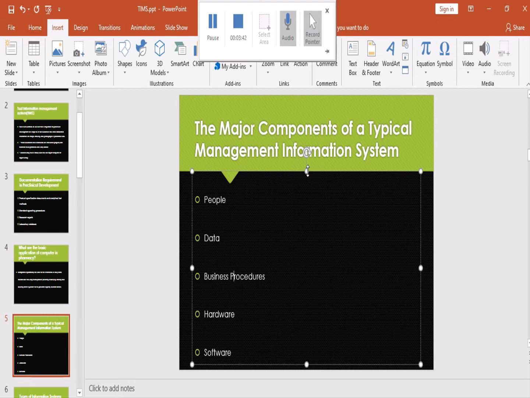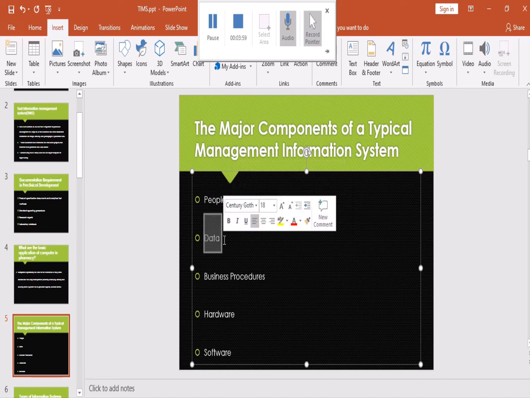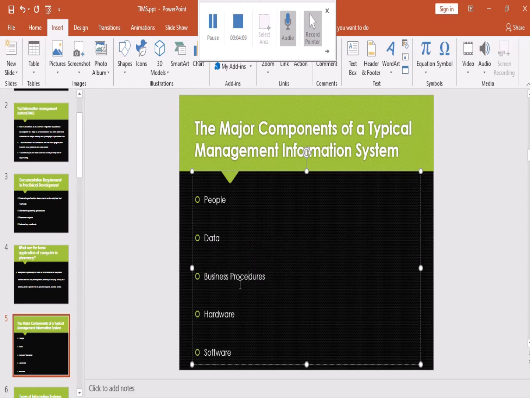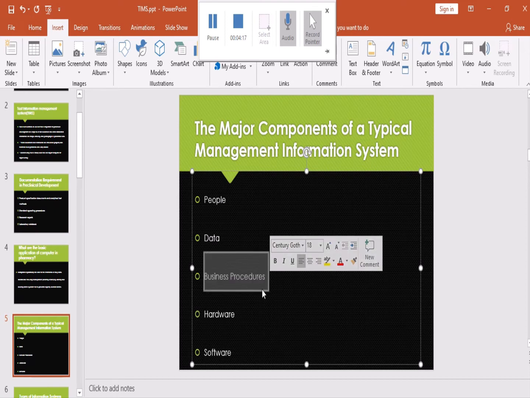The basic example I mentioned for creating, deleting and modifying a record was in MS Access. I hope you remember that. MS Access is software. The people are whoever is entering the data. The data is whatever data you are entering. The business procedure is how to create a table, how to find out the eligibility of the patients, and how we can sort the patient list. It will be a procedure in the MS Access format.